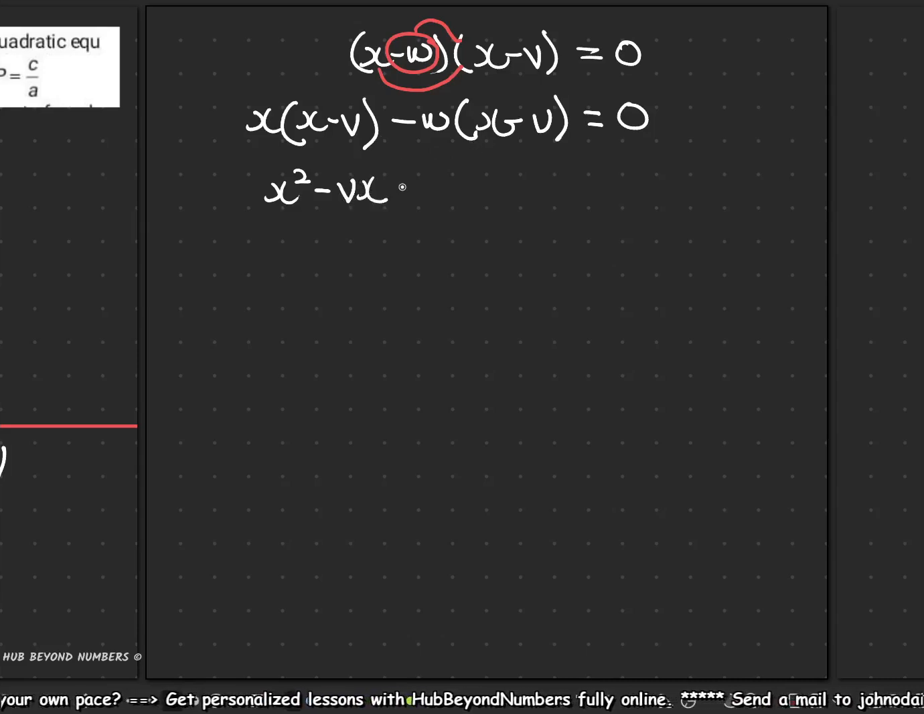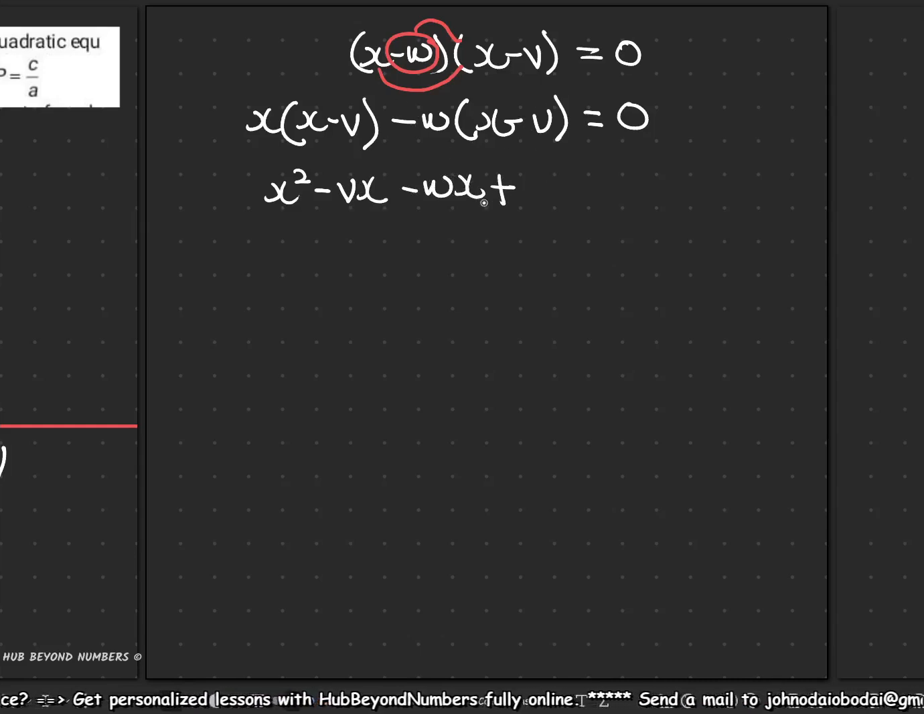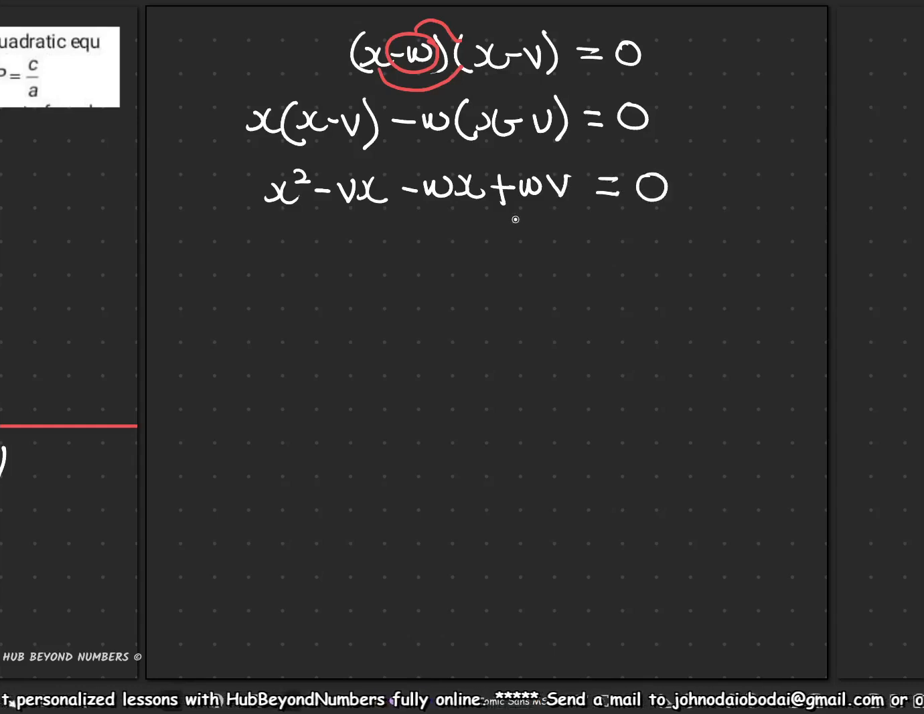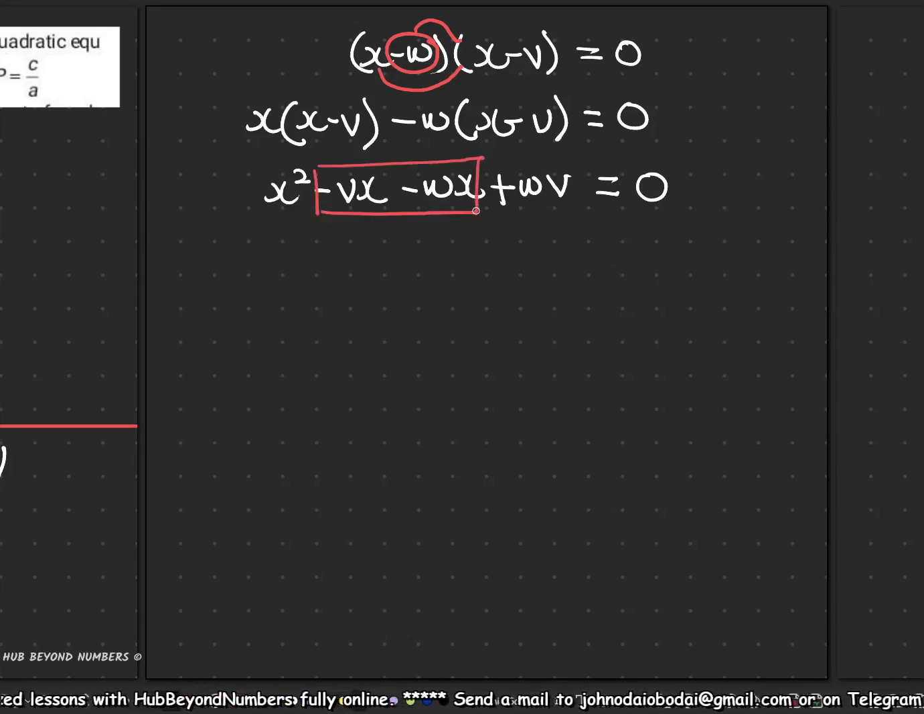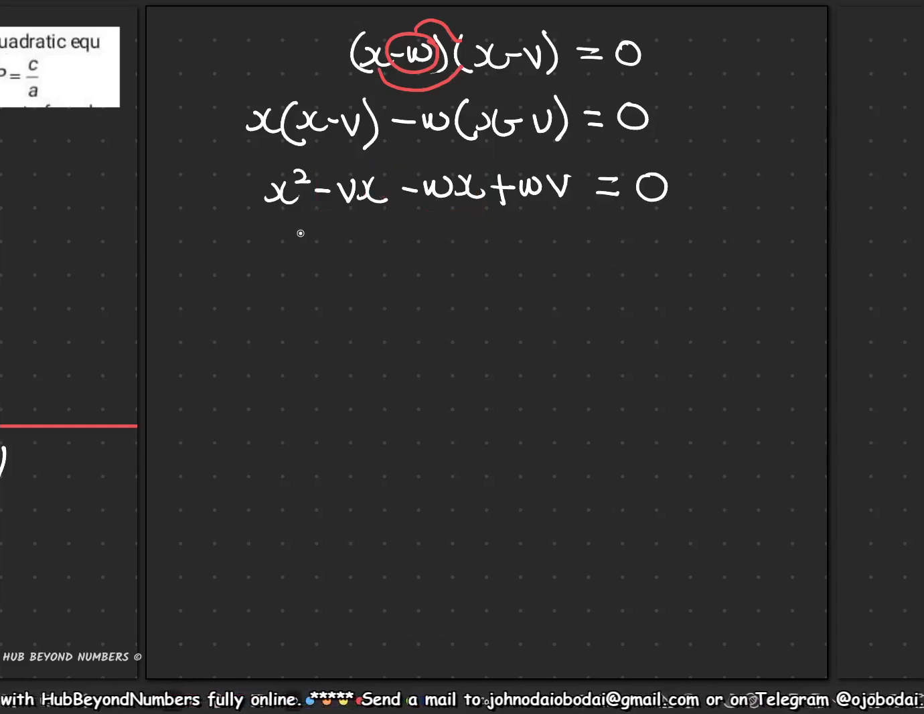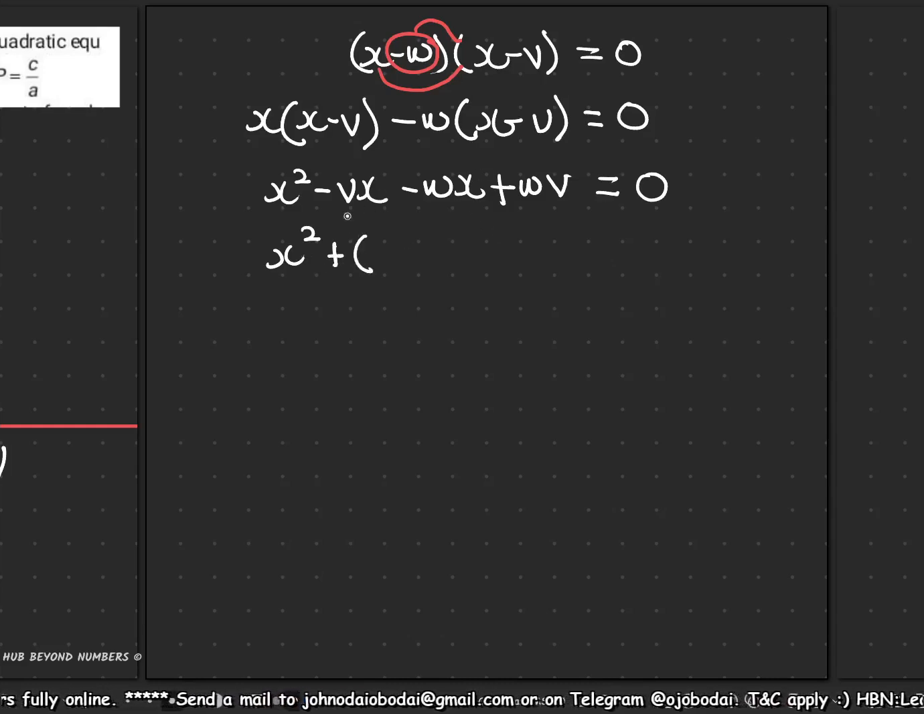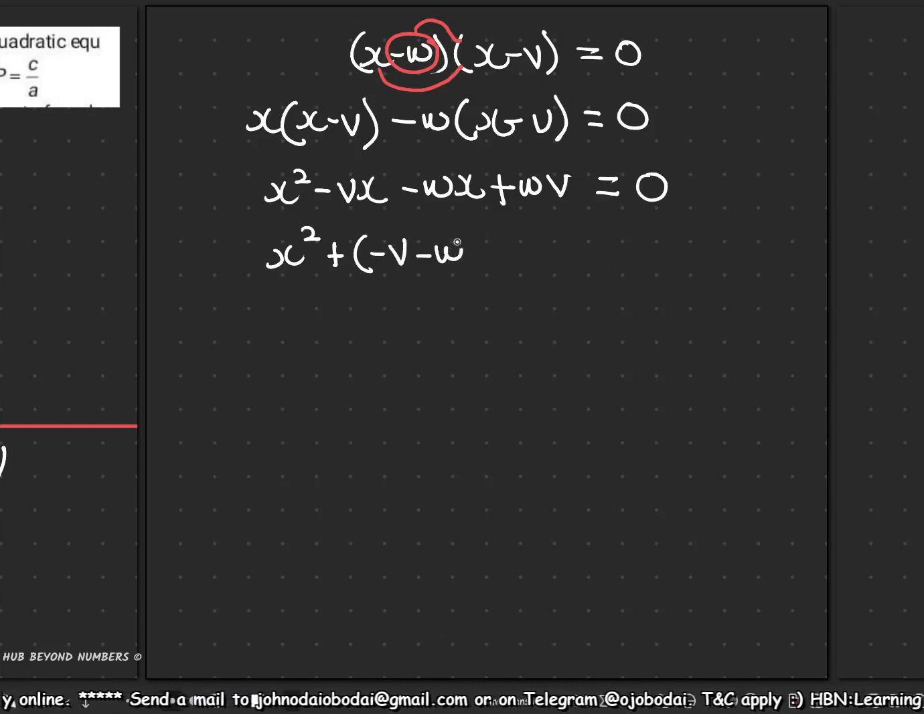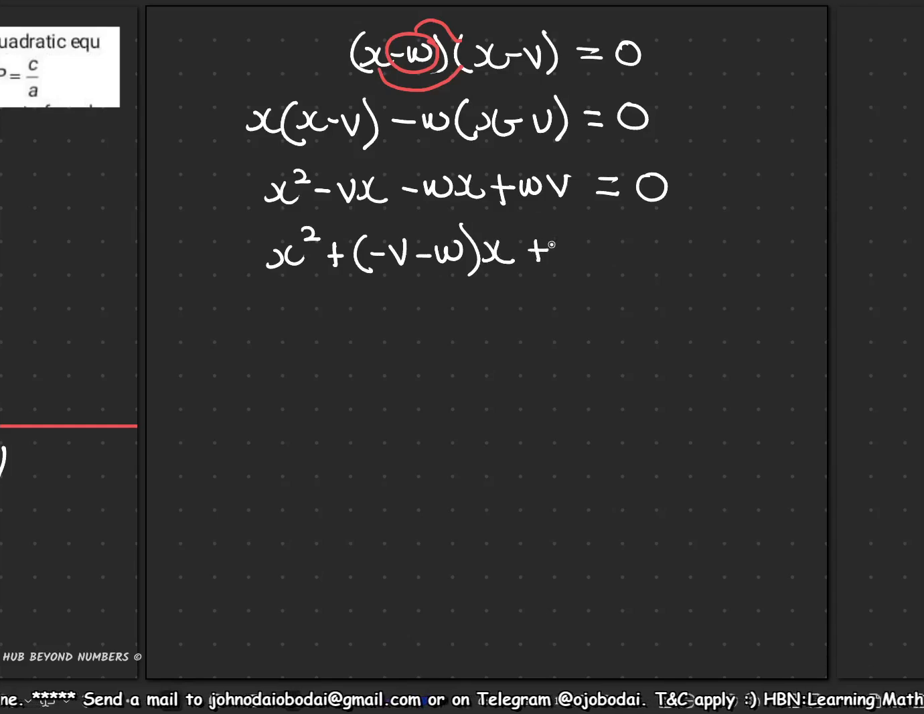And for this as well, we have negative wx, then positive, because you have negative times negative, giving you positive. So positive wv is equal to 0. For these over here, we can do something about them because they all have a coefficient of a variable of x. So what we are going to do is we have our x squared, then we factorize out the x. So you can say plus into bracket negative v minus w, then our x comes out, then plus wv